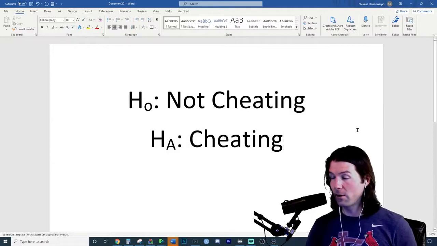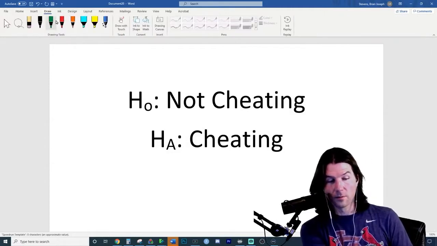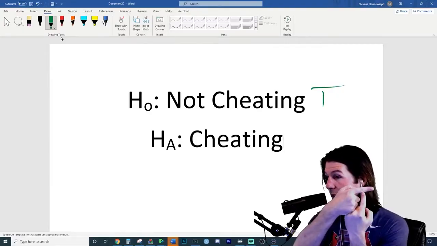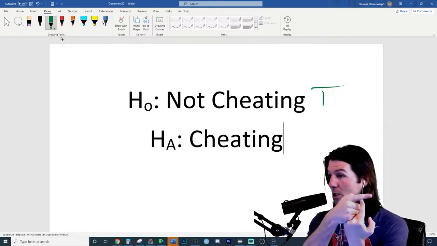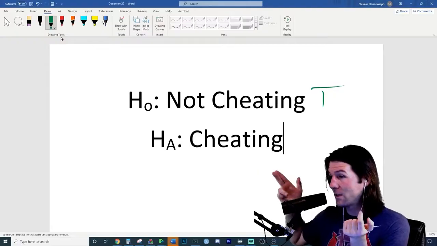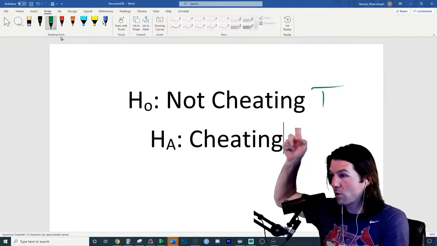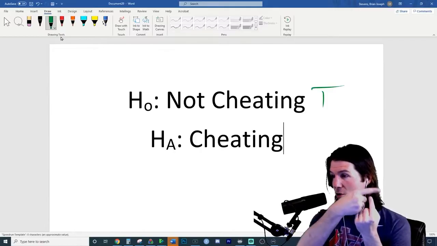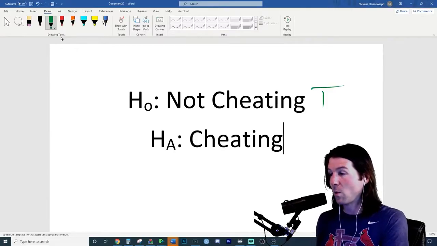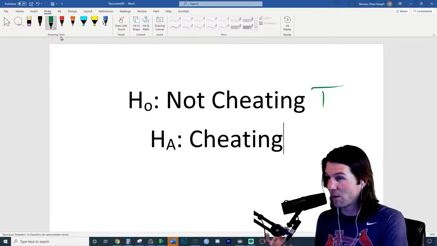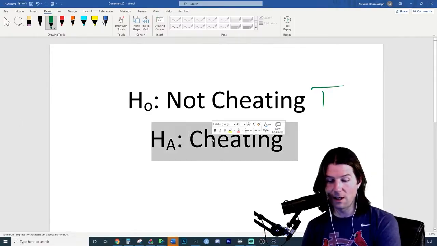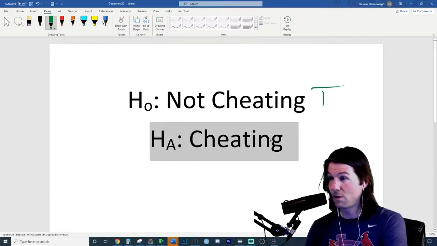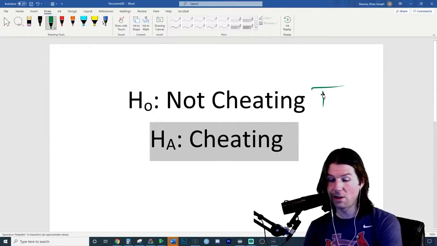In a type 1 error, the null is true. The student is not cheating. But we're going to reject that and say we have evidence they are cheating. Look at the null and say it is true that they are not cheating. Well, we're going to reject that because we're making an error, and we're going to say we have evidence that they are cheating, and that's a big error right there. That is to accuse a student of cheating who was not cheating.